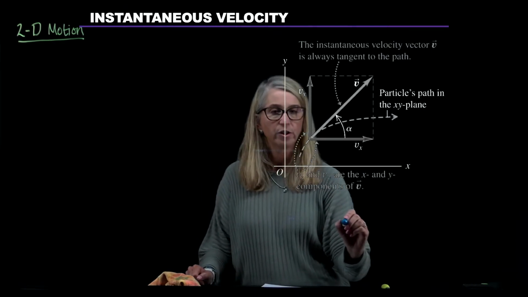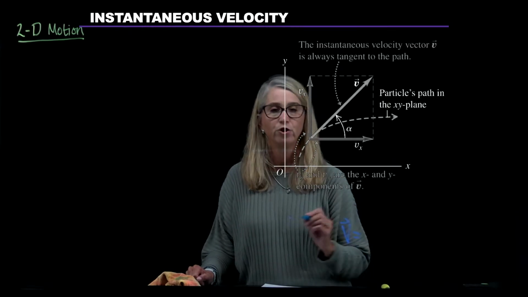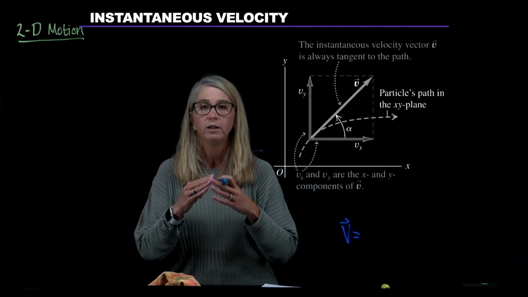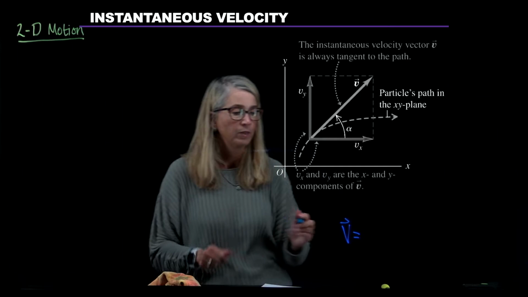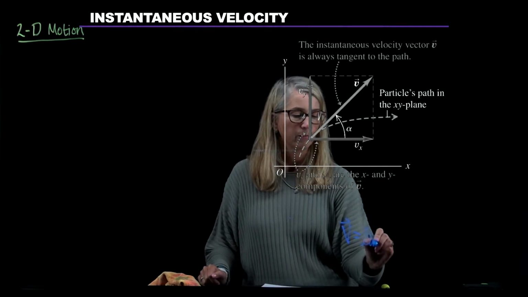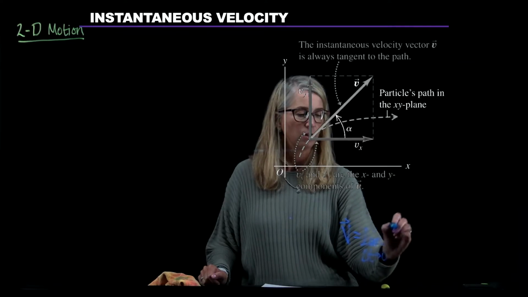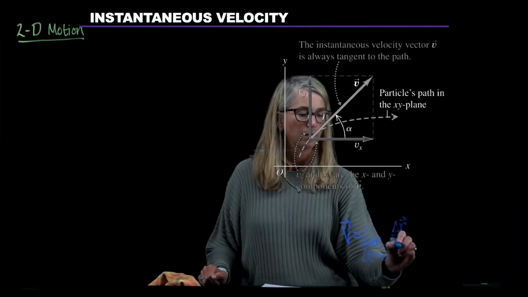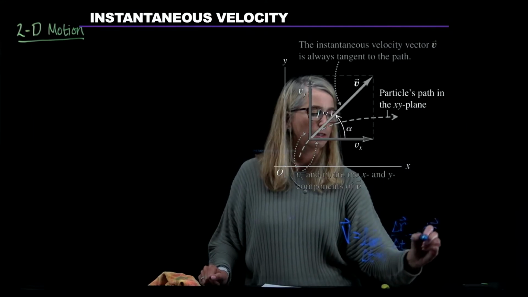So the definition of instantaneous velocity is, instead of looking at the change like delta R over delta t, we're looking at the limit as delta t goes to 0 of delta R over delta t. And this ends up being the derivative